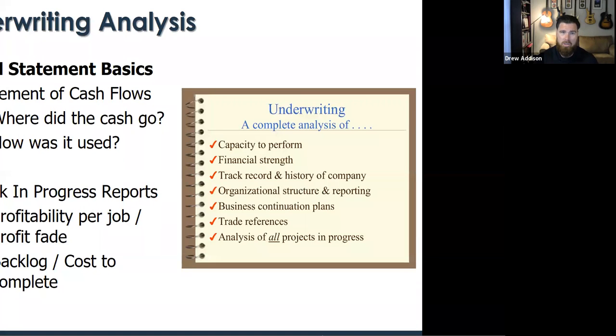So, financial statement basics. When we start doing the underwriting, we're going to be taking a look at where the cash is going, in and out. At IBTX, we have a program, and we provide the report to our clients, where we really want to see where the cash is going from when it enters the company to when it leaves, and see if there are any processes that we can create to make it more effective.